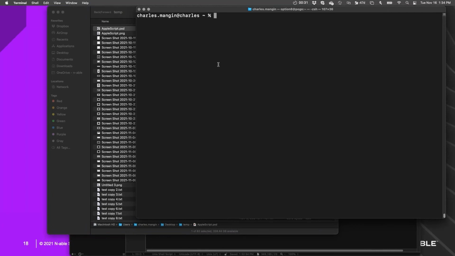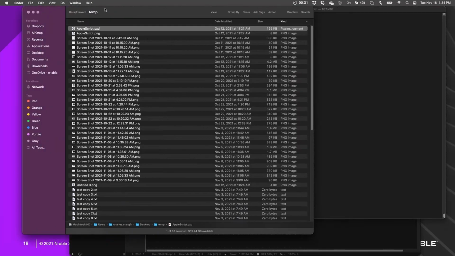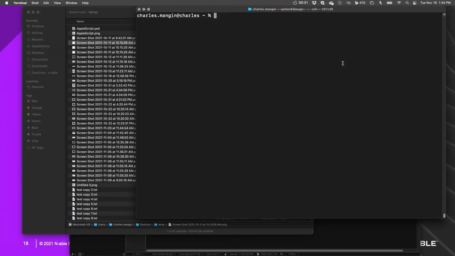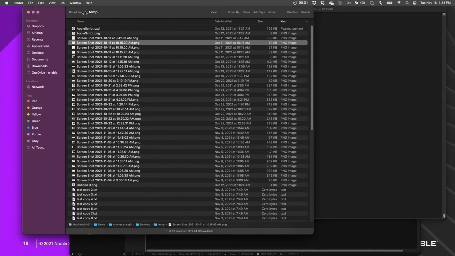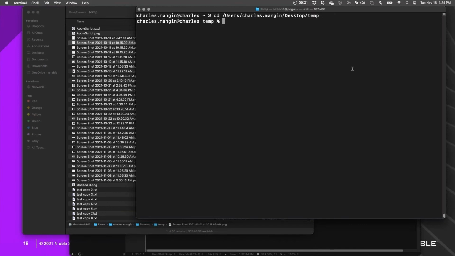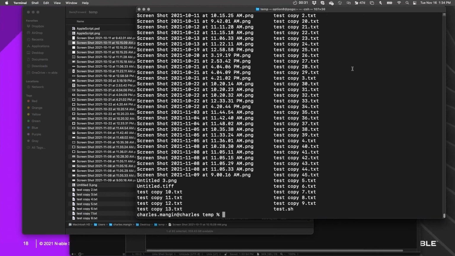Let's say I change directories to this temp folder here, and if I list the files, there they are.